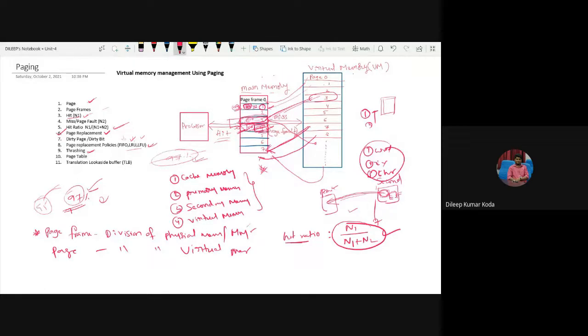The student who comes first will leave first, right? In that manner, the page frame which comes first will leave first, and that page frame will be replaced. That's the idea of FIFO, first in first out. And LRU, least recently used means